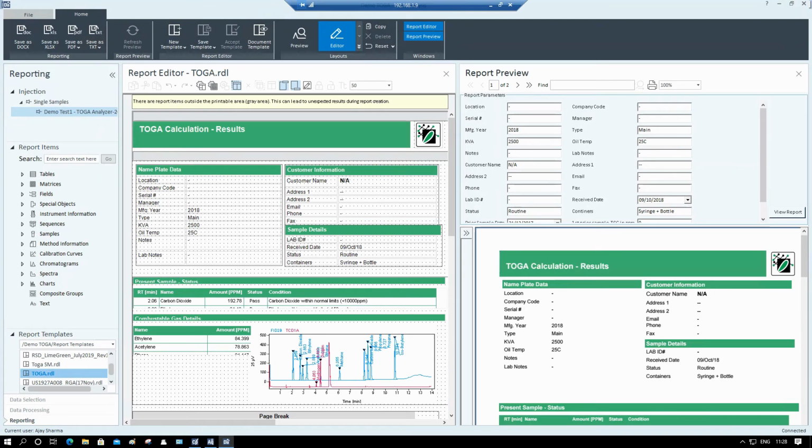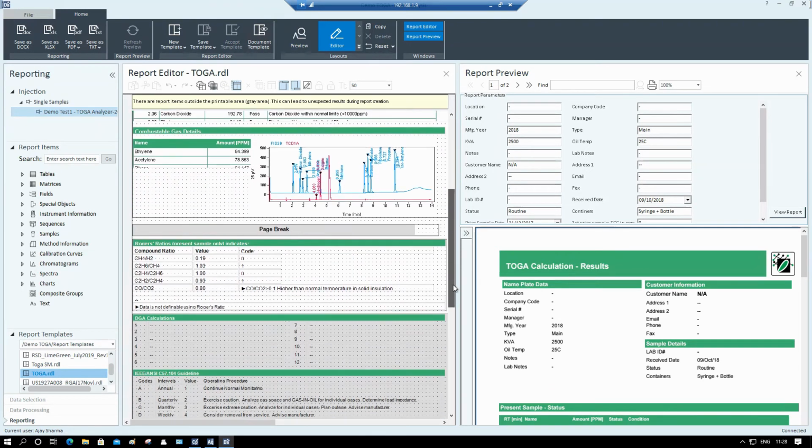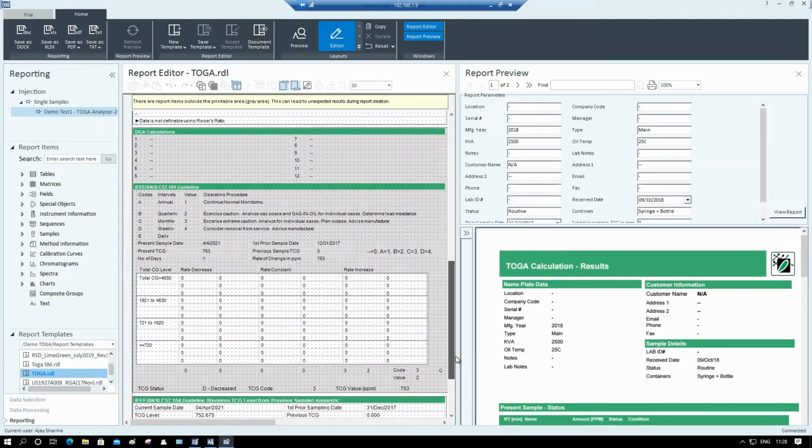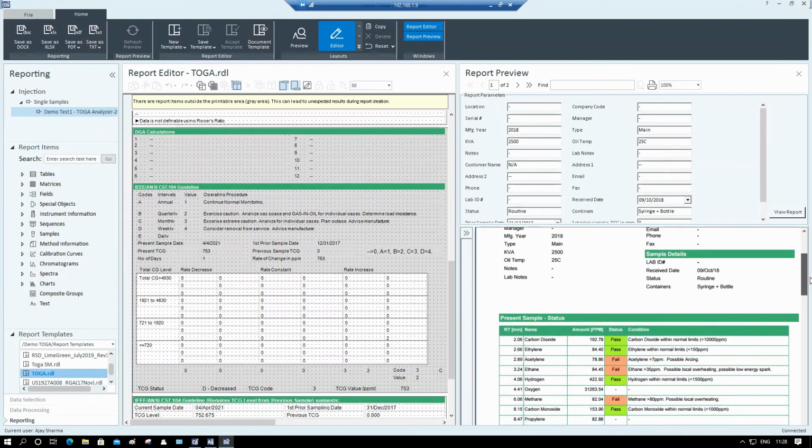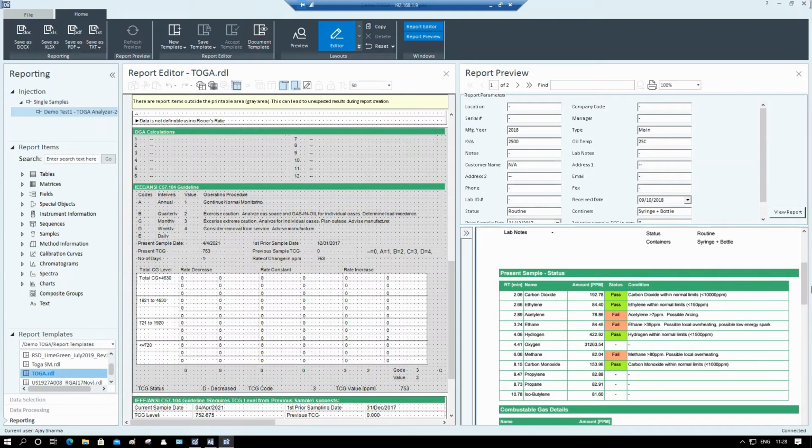So this is our TOGA calculation report out of the system direct. You can see here all the values and statistics we can create, and it's part of the software. We have even created an out-of-specification pass-fail QC report, so you can see the values of the various analytes. If your acetylene value is increasing more than 7 ppm, it will indicate failing in a red color. If it is within the specification, it's a green box saying pass. So you can get a pass-fail report very quickly.